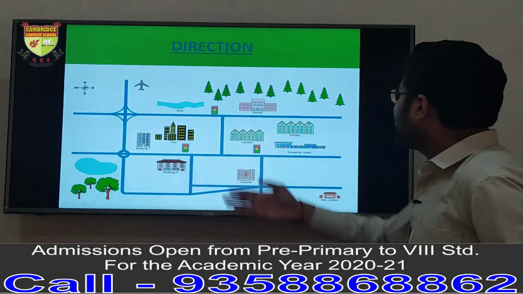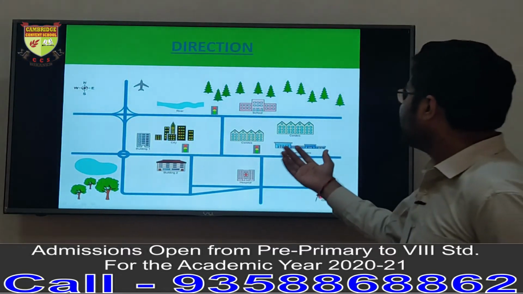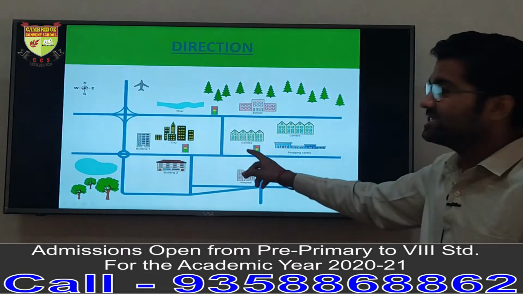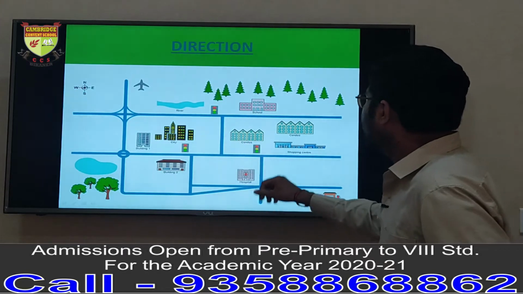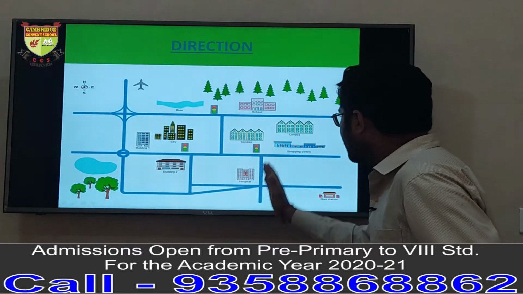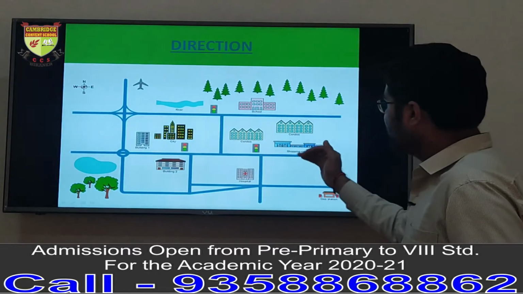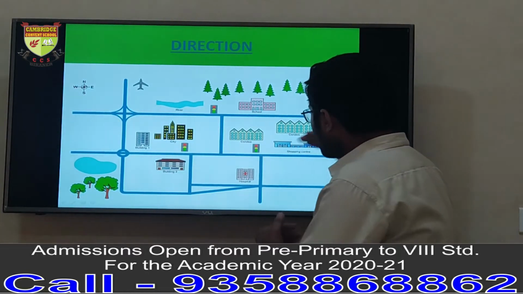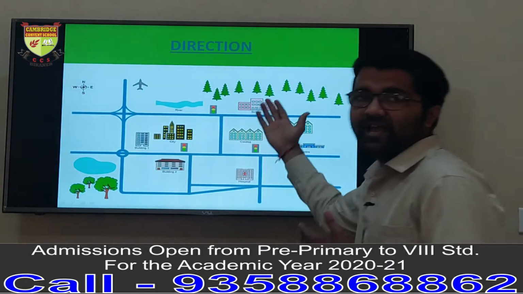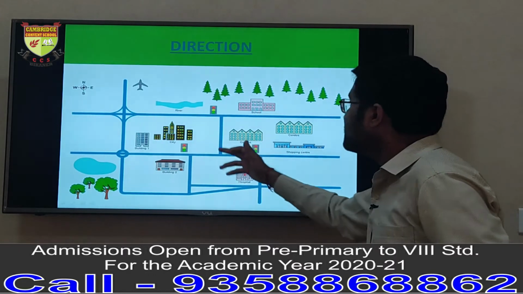Now the directions, as you can see here in the map. If you know the north, south, east, west directions, then you can easily read this map. Like if you are standing in front of the hospital and you want to go to the school, the directions are shown here. You walk in the north direction, then you turn right, walking in the west direction, you again turn north, and again you turn east, and you finally reach your school. So it becomes very easy if you know the directions.